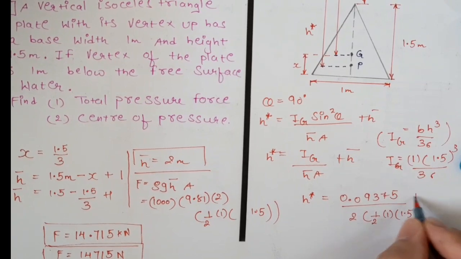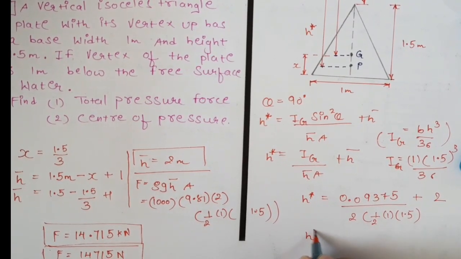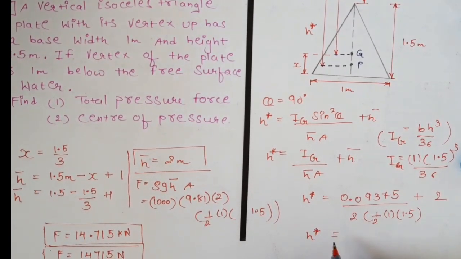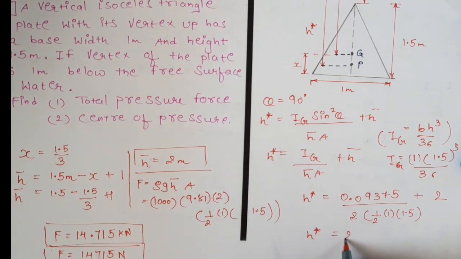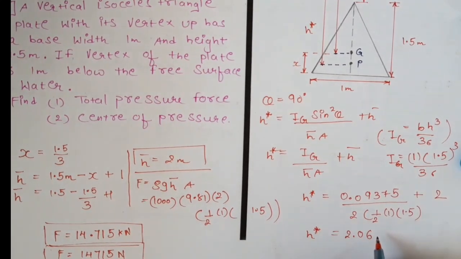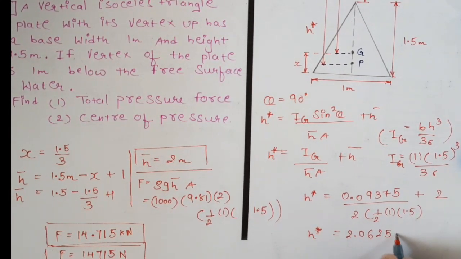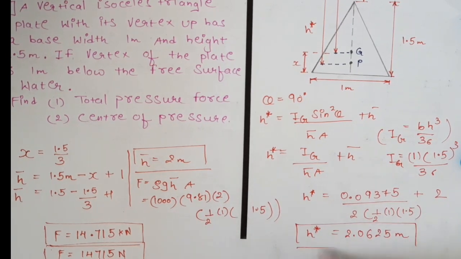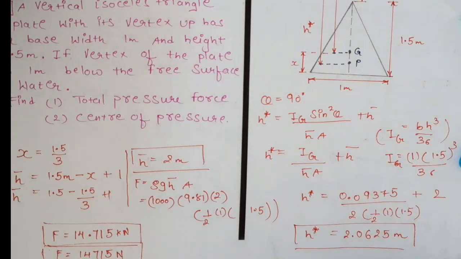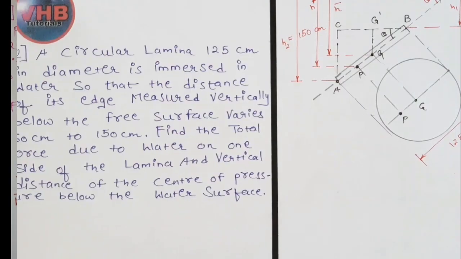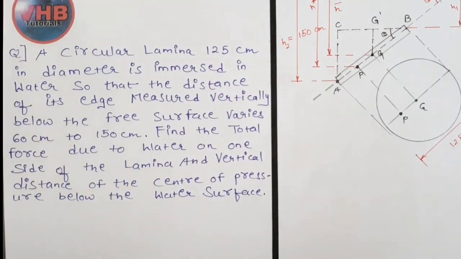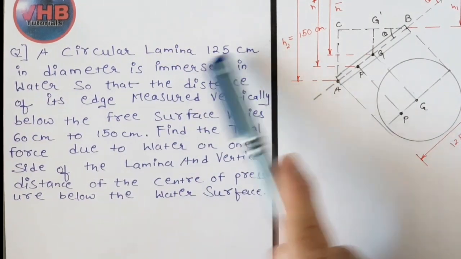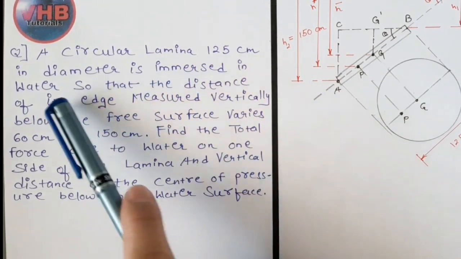So it is this plus h bar 2. If you calculate this, you will get h star equals 2.0625 meter. Okay, 2.0625 meter. So the next question is, a circular lamina 125 centimeter in diameter is immersed in water so that